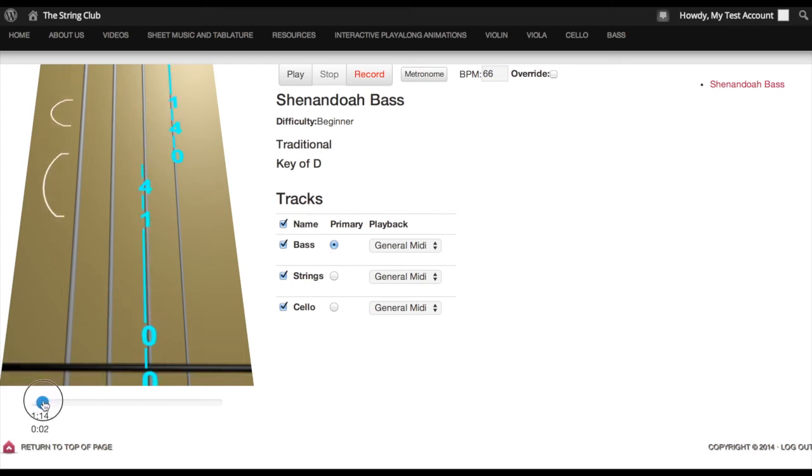Let's move forward a little bit more. There's another slur, and then you'll see a position change. Anytime you have a number over here, it means you have to change position. So you go to third position and use your fourth finger, then your second finger, and then you go back to first position. So that gets a little more complicated, and if you don't understand how these positions work or any of these numbers,